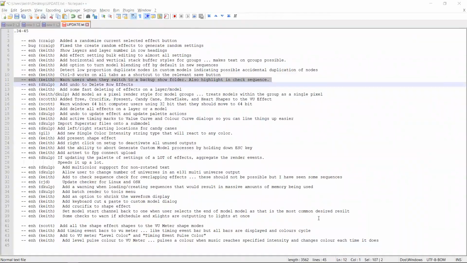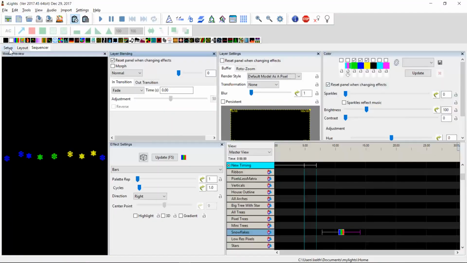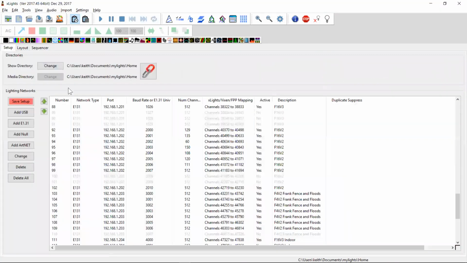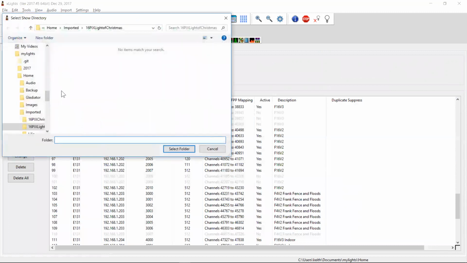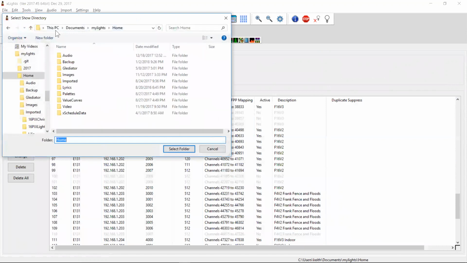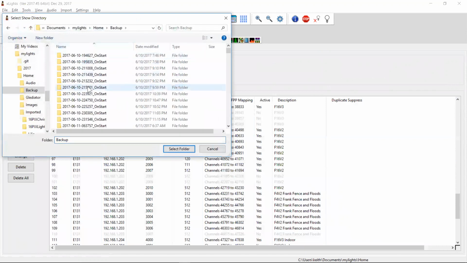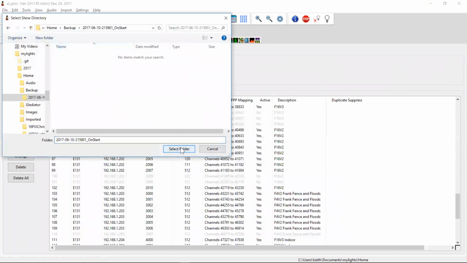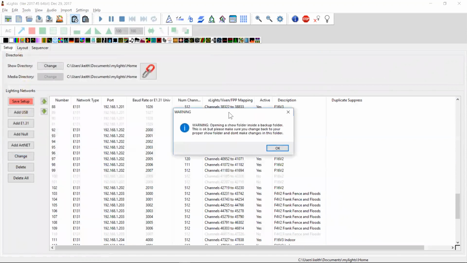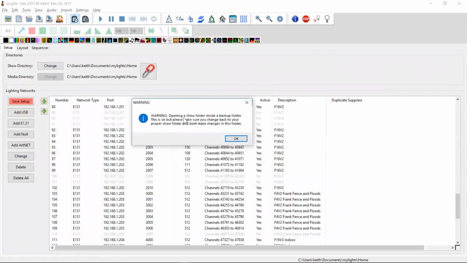Warn users when they switch to a backup show folder. Okay, so we've seen a number of people this year who, for one reason or another, felt the need to go into a backup, and so they came in here and said, oh, I need to grab that backup, so this backup here, and select it. Now what will happen is it gives you this warning: opening a show folder inside a backup folder. This is okay, but please make sure you change back to your proper show folder and don't make changes in